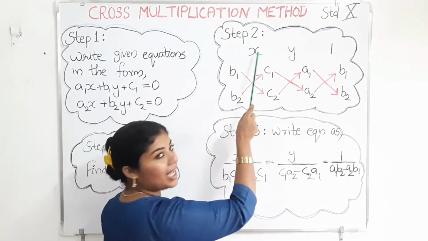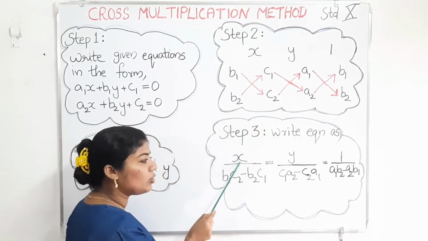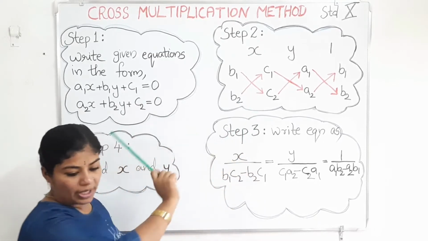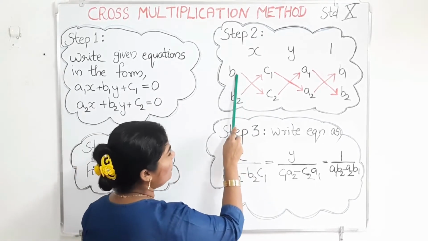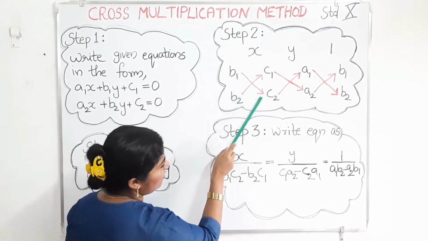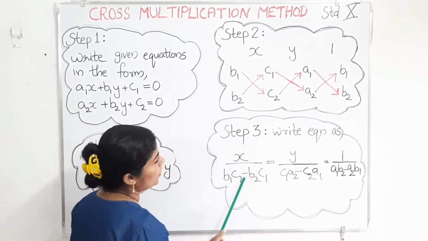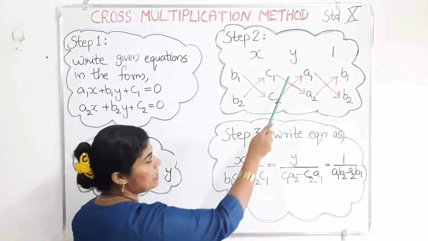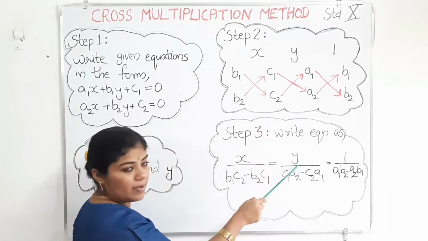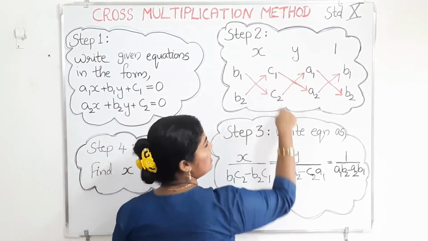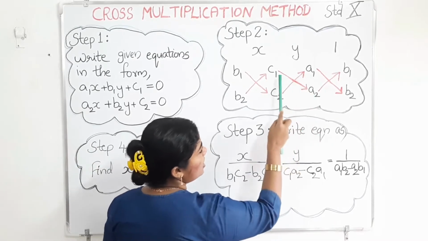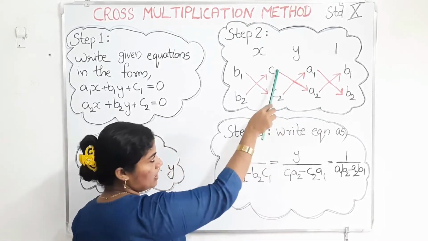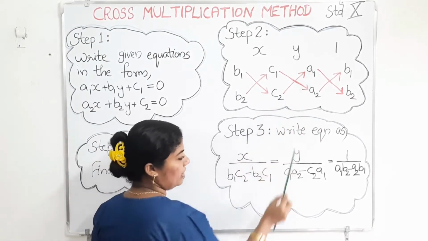Here it is written X. That same X I write as the numerator here. Then using this pointer, in this pointer B1 C2, the same line you can see here B1 C2 and B2 C1. That I have written here, B2 C1, and then Y. When I write Y here, based on this step, both the middles, C1 A2 and C2 A1, that is written here: C1, A2, C2, A1. That you can see here.